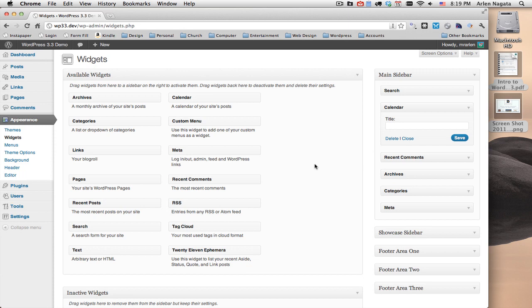So anyway, this has been a quick intro to WordPress 3.3. I have a PDF of these features that I've covered. So if you want to download that, that is available for you from my website,